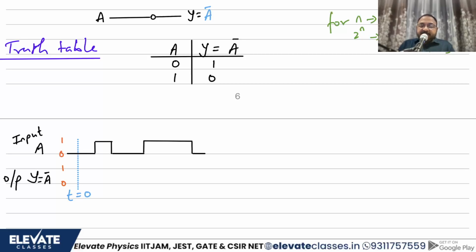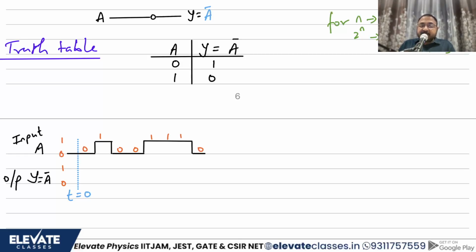So I have a reference line plotted. This is time t equal to 0. There is some time scale going on, and this is a waveform. It is a squarish, rectangular waveform, which has only two possible states: one is 0, one is 1. So this value is 0, this value is 1, this is 0, this is 0 again, this is 1, 1, 1, this is 0, and so on and so forth. I think you get the picture.